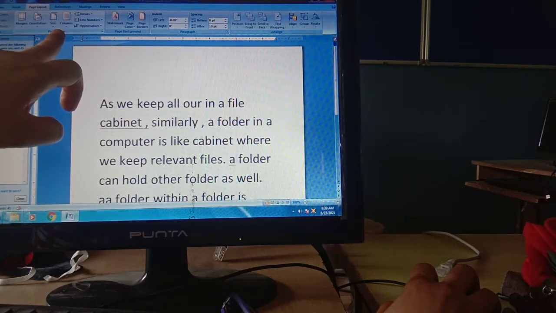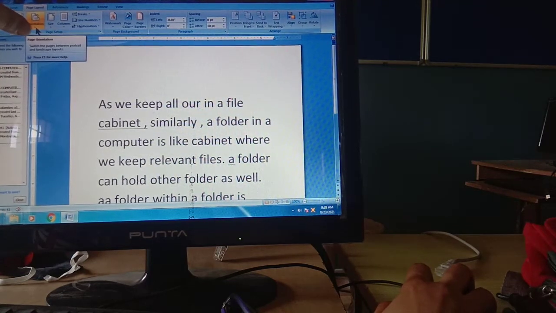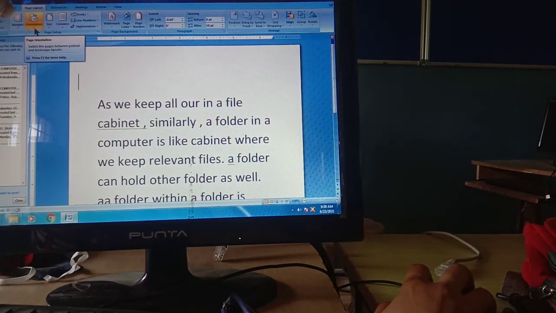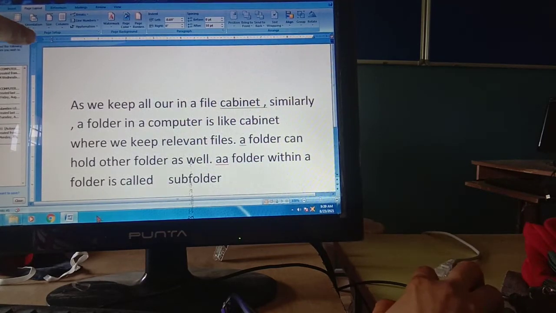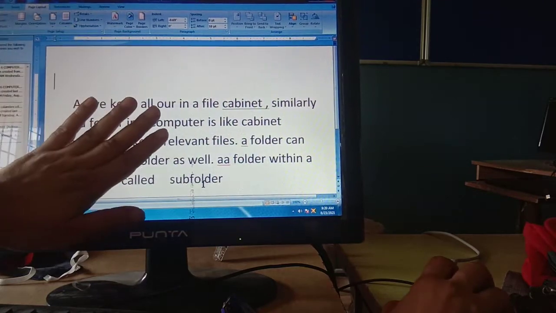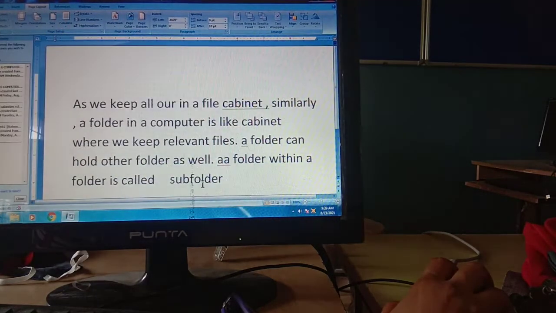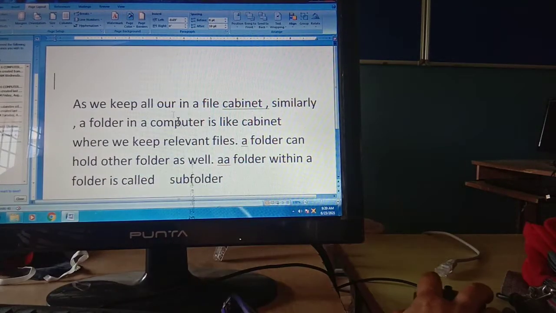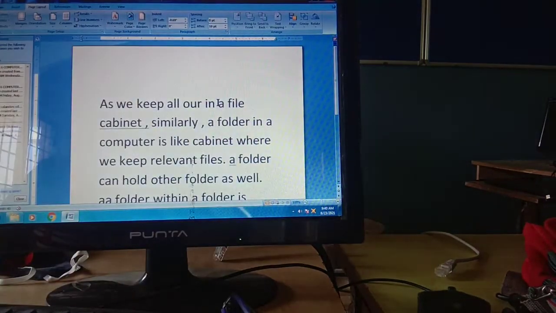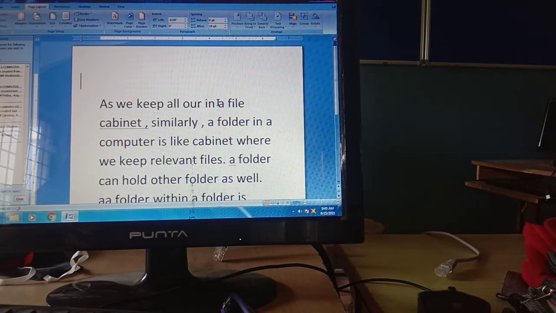In the page setup group, we have to click on the orientation. As we click on the page orientation, we can select portrait or landscape. So we can set it to landscape. If you set landscape, it means a horizontal layout. The page orientation will be horizontal. It means the width will increase and the length will decrease. And when you have portrait orientation, it means it will be lengthier than its width.